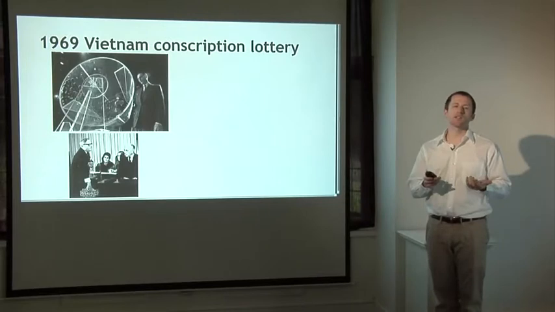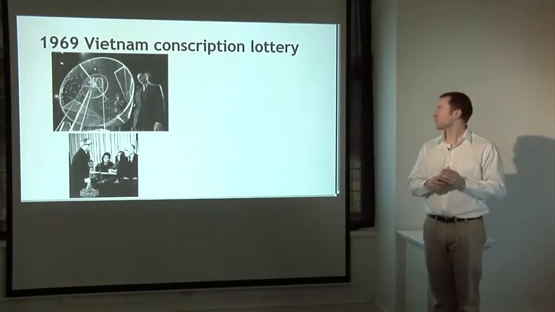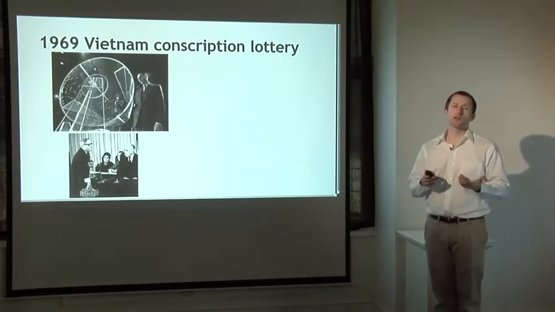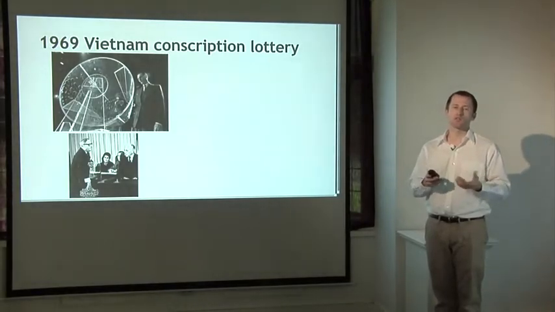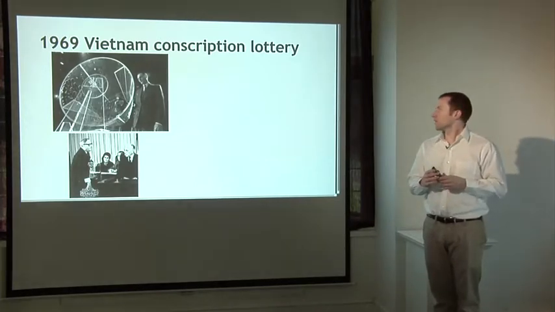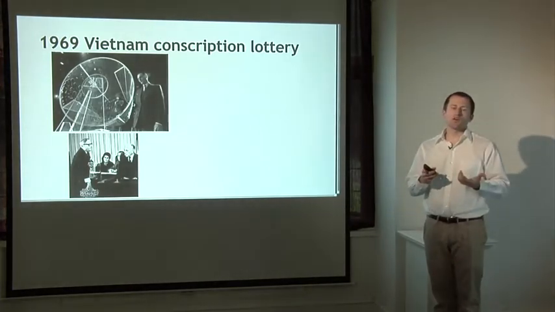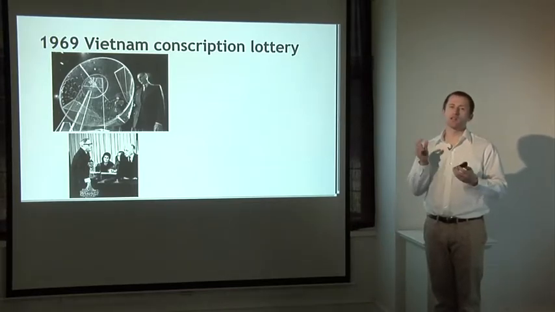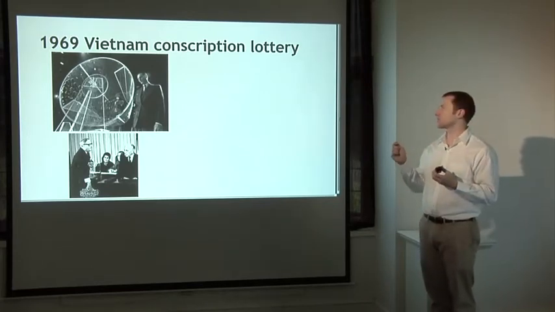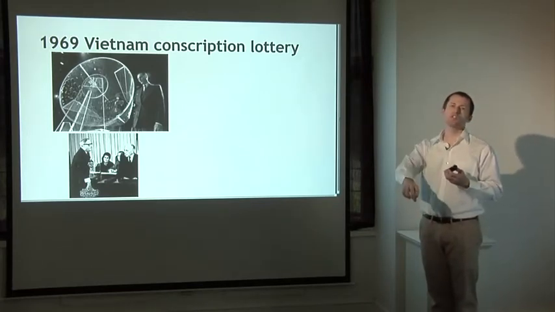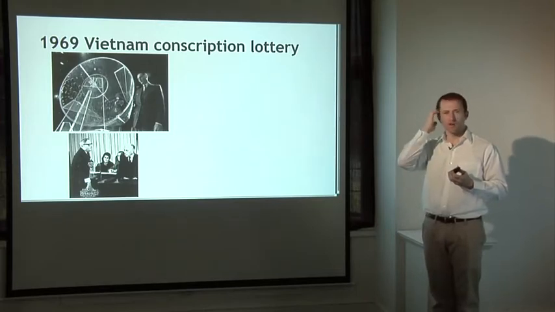A more serious example comes from 1969, when there was a conscription lottery in the United States to determine which young men were going to be forced to join the armed services, most of whom were sent to Vietnam. So this was a somewhat similar protocol. Several congressional representatives carried this out. They dumped small capsules with every day of the year into a large plastic drum that you can see there. And then they took turns reaching their hand in to pull the numbers out.